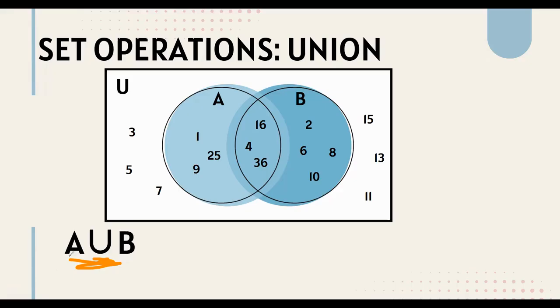So, when we say union, it is also interpreted as or, A or B, A union B. You can see it at A or you can see it at B. So, yung kasali dyan na elements are this part. Okay?